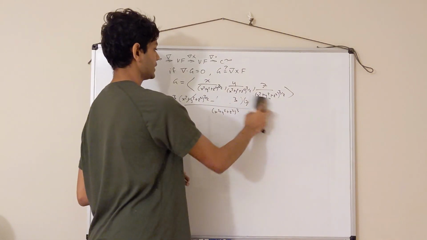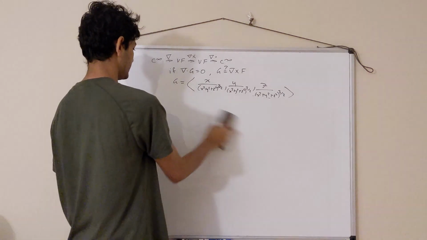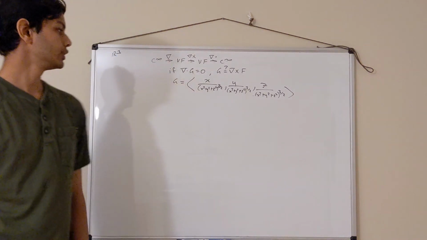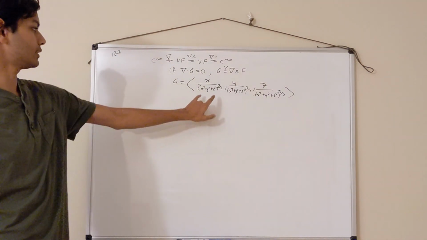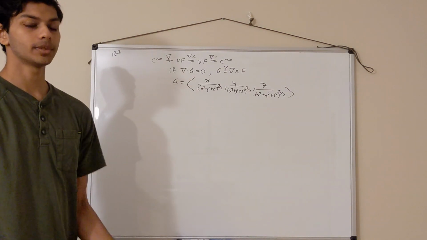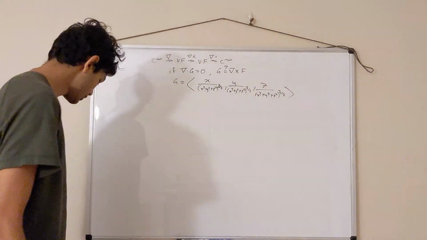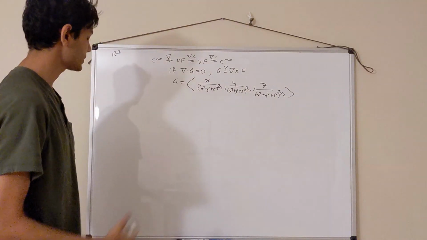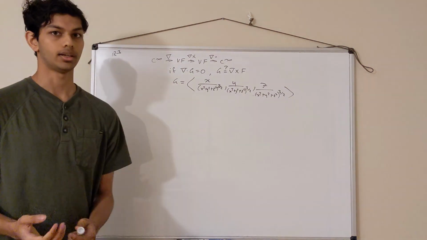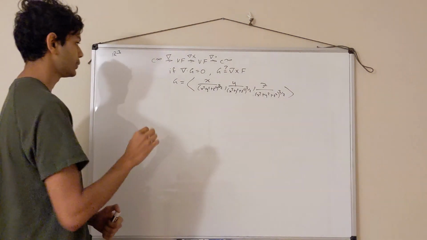However, I claim that this vector field cannot be the curl of any vector field, and hopefully in anticipation of what we've done earlier, you should begin to suspect that this vector field is not defined when x, y, and z are all equal to 0, so it must have something to do with the fact that G is not defined at the origin. Again, because we don't have an explicit formula for an inverse curl, it's a bit more difficult to show that G is not the curl of some vector field. But we can use a clever trick,